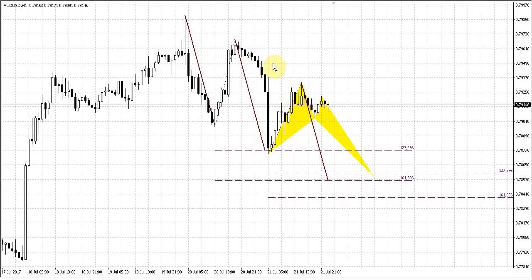Take a look that here we have some important moments. First of all, it's really fast acceleration down, especially here. It's a very fast drop. This bottom stands at 127 extension of this swing, right? And if you calculate the 1618 extension of the first swing and 127 of this last one, you could see that they coincide in a tight range, approximately 7860. This usually happens when the 3-drive buy pattern is forming here. And here you could see the market could take the shape of the butterfly. This is just a suggestion, just one of the possible scenarios.